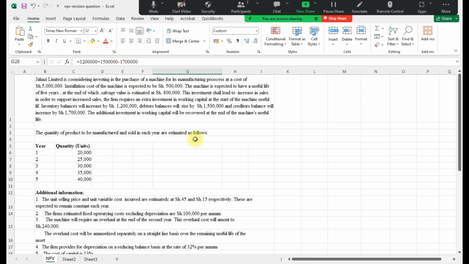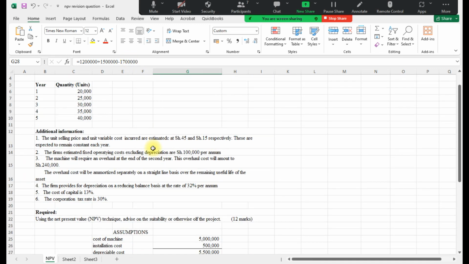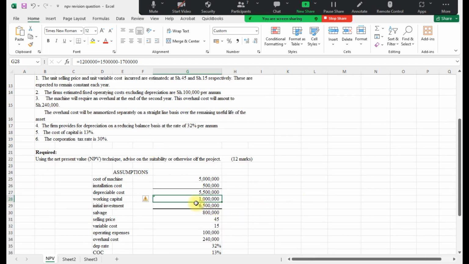increase in payables, because payables in this case were increasing by 1.7, and we said from the perspective of the cash flow statement, increase in debtors is an outflow, increase in inventory is an outflow, but increase in payables is an inflow, and that's why we are minusing the 1.7, so that we get how much we shall require as our initial investment in working capital. And when you do that, we got 1 million as our working capital, and therefore the initial investment, the total amount that we need in year 0 was 6.5 million.